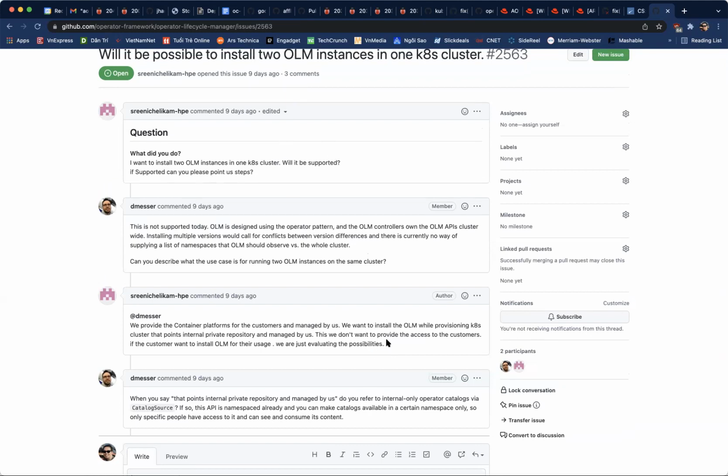In this particular comment, he said he wants two different OLM instances to have access to two different repos in terms of catalog source content, because one is supposed to be public and one points to an internal private registry. And I don't know how that is going to work with the console, the user-facing aspect of that, but